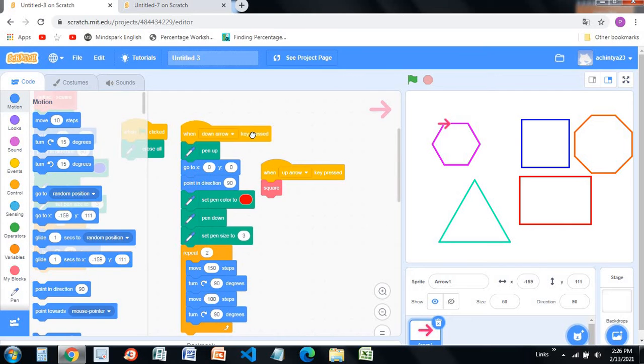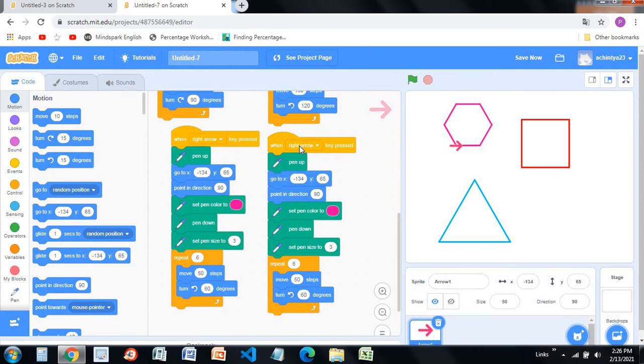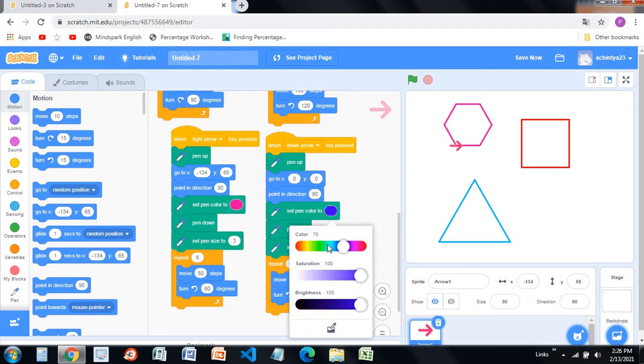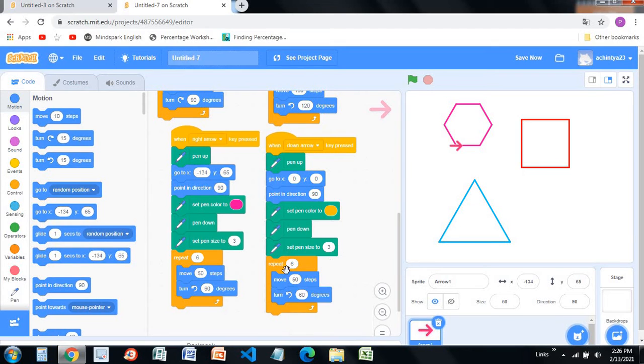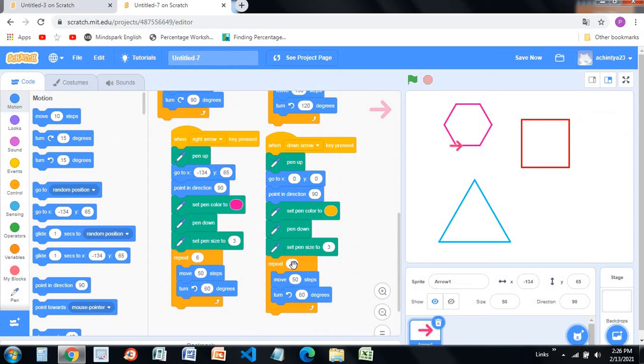First I'll code for the rectangle. Yeah, same. Copy this code, and this is the down arrow, and position should be 0, 0. Color, yeah, this color, fine. And I'm going to be changing it to repeat 2 times.